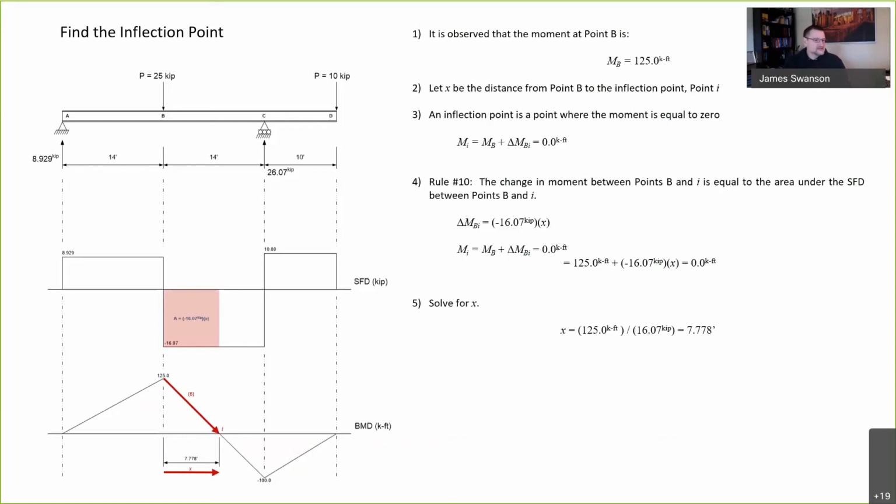All right, and that would be important to us because we would know that at that point, we would need to reinforce the bottom of a concrete beam with rebar to the left of that point. We would need to reinforce the top of a reinforced concrete beam with rebar to the right of that point. So we know that tension is on the bottom for a positive moment, to the left of the inflection point. We know that tension is on top for a negative moment, to the right of that point. So that's why we do